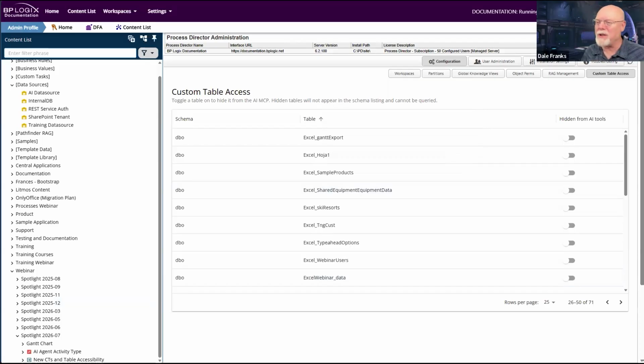A question: what if someone enters secure info in a form and we don't want it accessible elsewhere, not just by AI? Well, I'm not sure that this is something I can answer here in this particular forum.